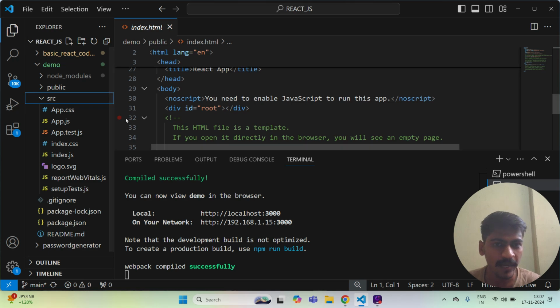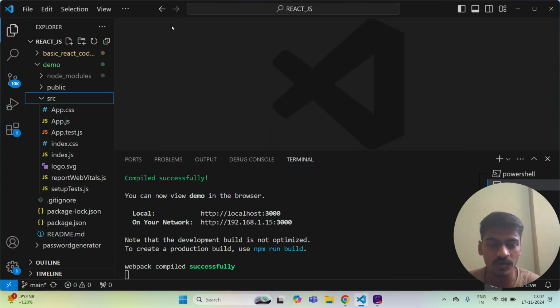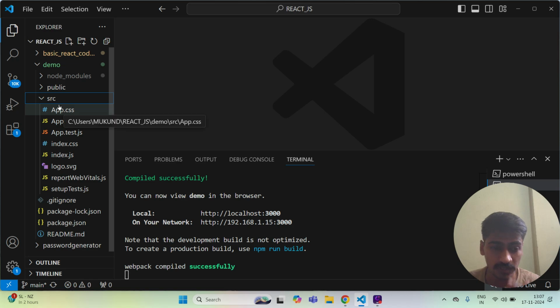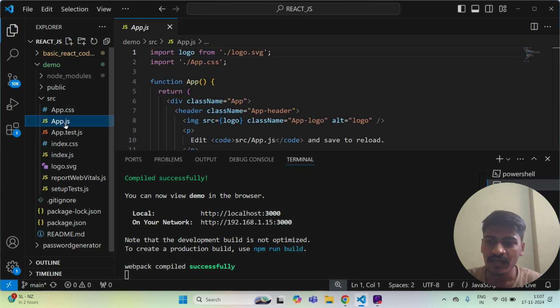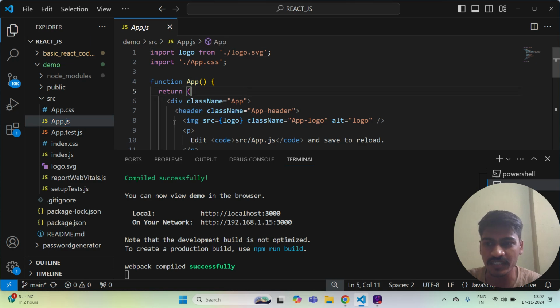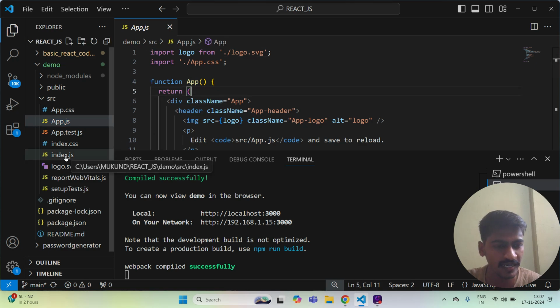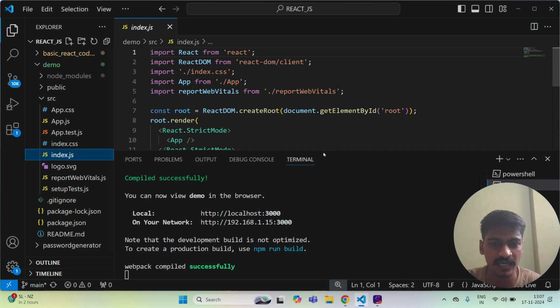Under src is the main content where we need to do our actual coding for the application. Here app.js is there. This is the main file of our application, and one more important file is index.js.